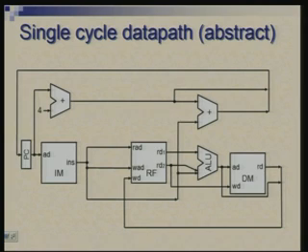Now let us look at things a little more abstractly. I am going to omit the registers and multiplexers, and just show the main key resources and their interconnections. Basically all multiplexers and registers would be gone. We have instruction memory, register file, ALU. I think I will take out this.